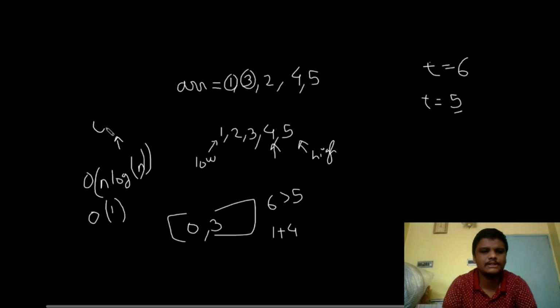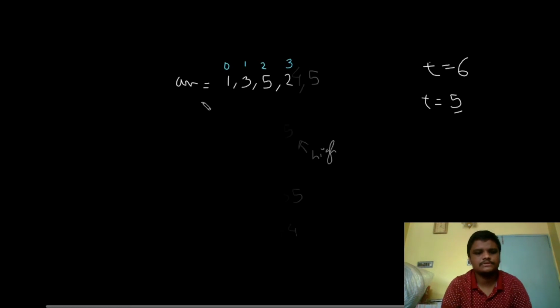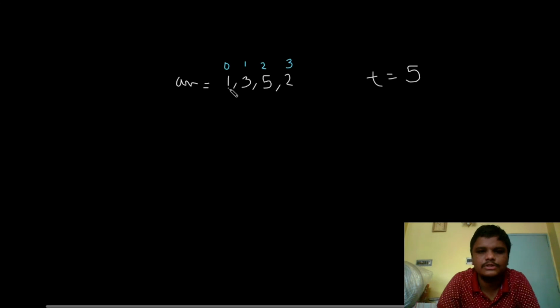So now let's see whether we can optimize this time complexity a bit more, that is, whether we can take it to big O of n or not. Consider an array which contains elements 1, 3, 5, 2, and the target element is 5, right? For this approach, we will be requiring an unordered map. The reason we are taking an unordered map is that in an unordered map the insertion takes place in big O of 1, and deletion also takes place in big O of 1. But in a map, the insertion and deletion take place in big O of n log n.